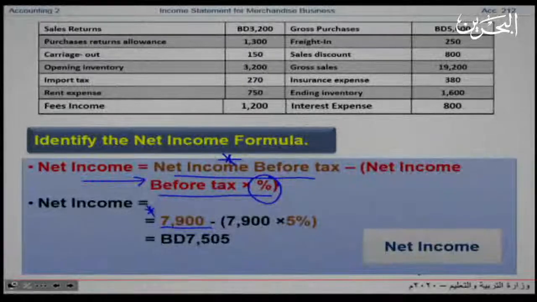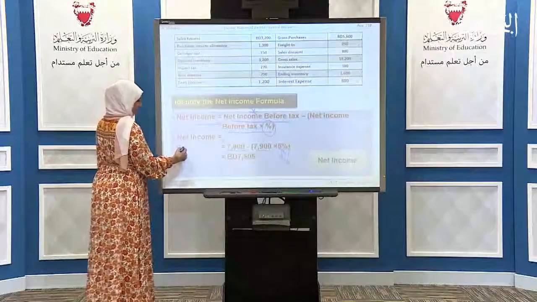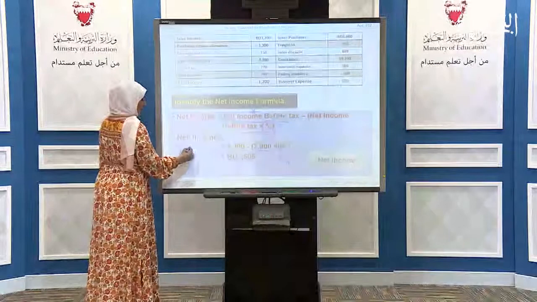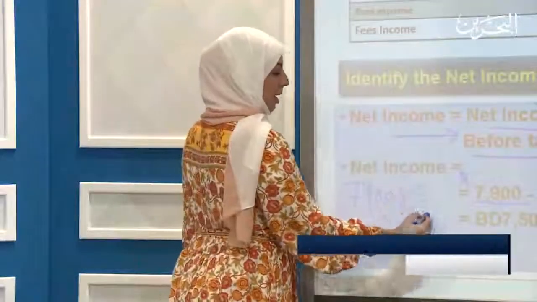In the previous slide, I subtracted the tax from the net income before tax by multiplying it with the tax rate. Or I can find it another way. I can take the net income before tax, which is 7,900, and multiply it directly by 95%